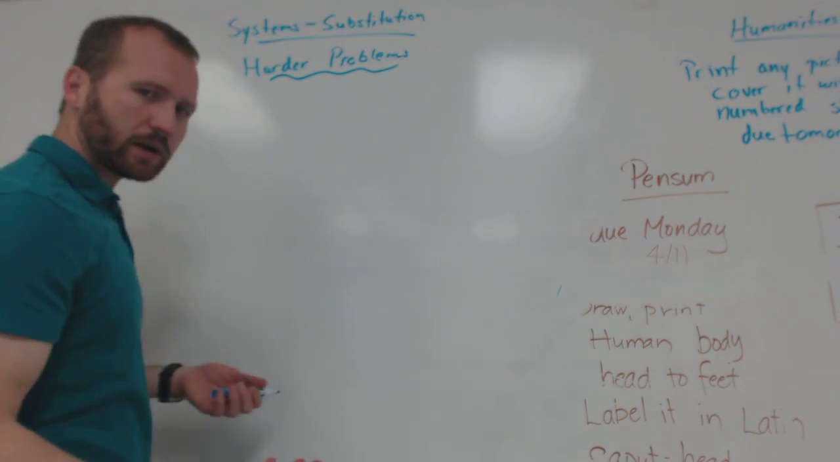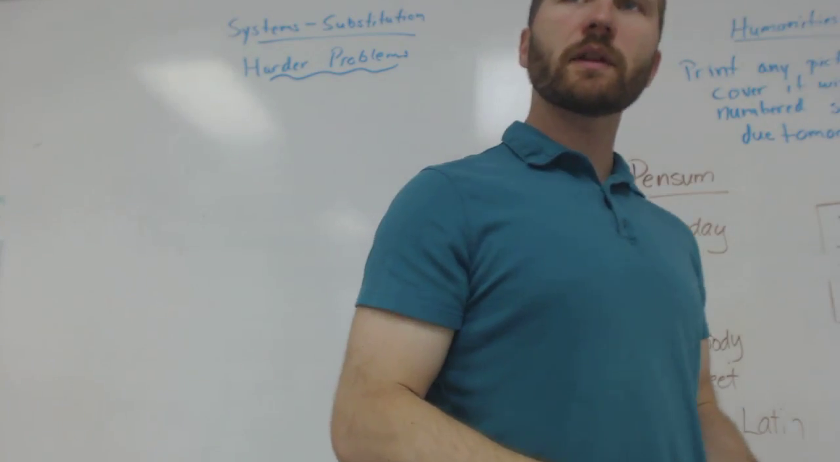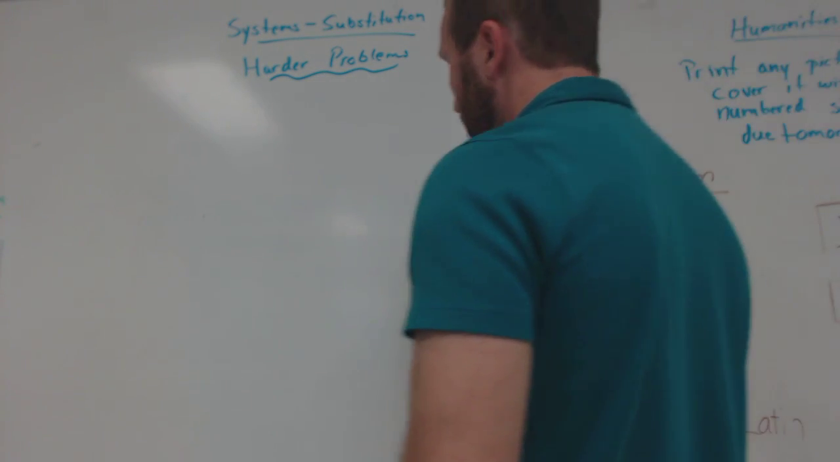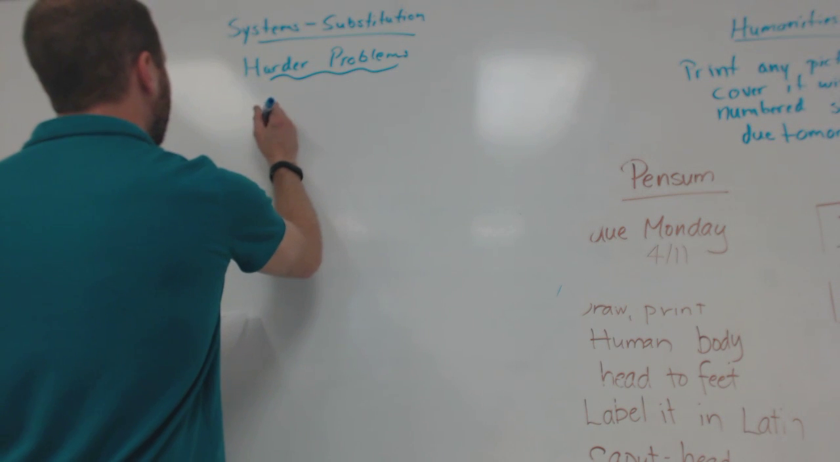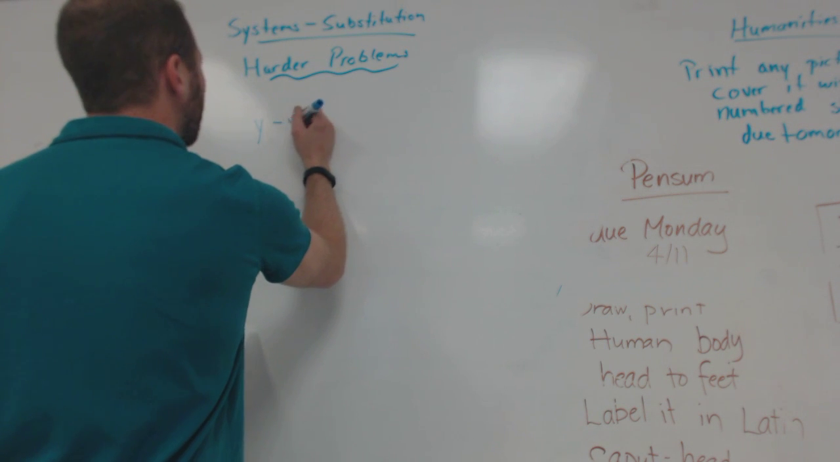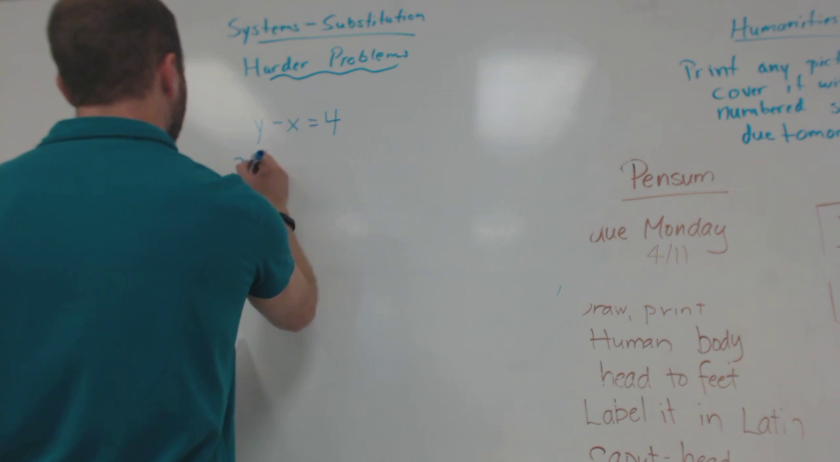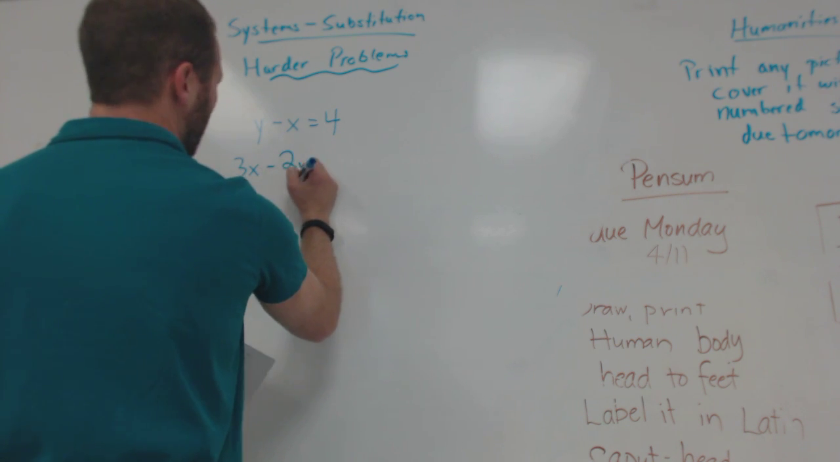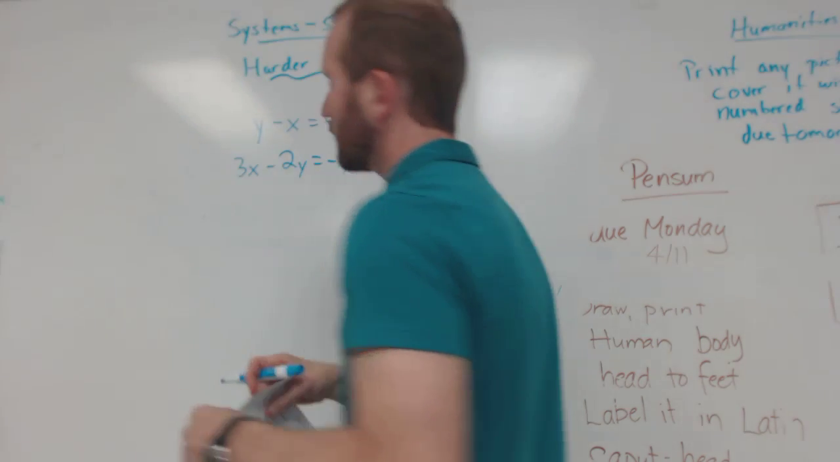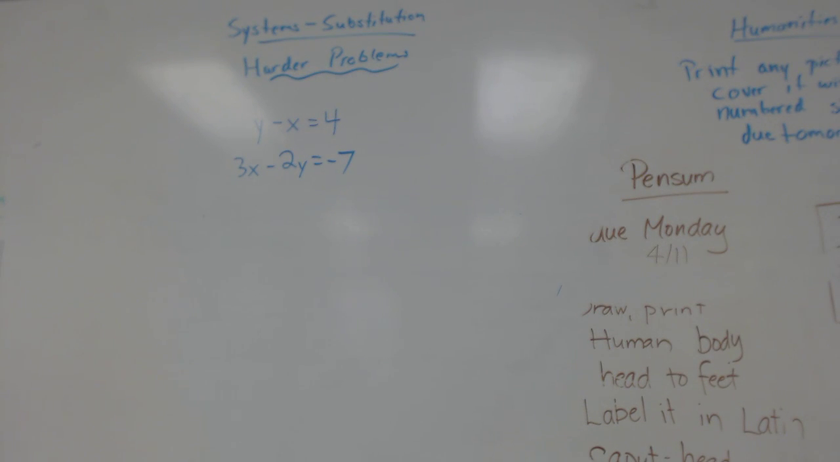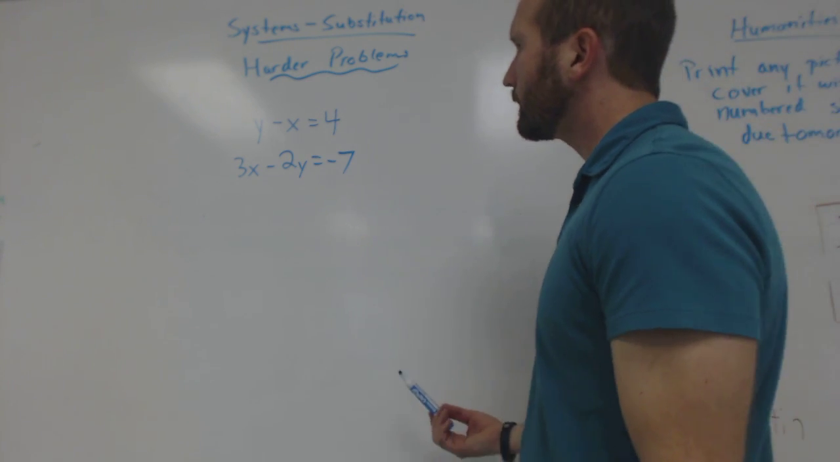Alright, so we could have fractions. It's possible that we get a problem that has a fraction. What else might we have? Well, let's look at a problem like this. Y minus x equals 4. 3x minus 2y equals -7. Now when you first see that, I'm kind of hoping you say to yourself, wait,